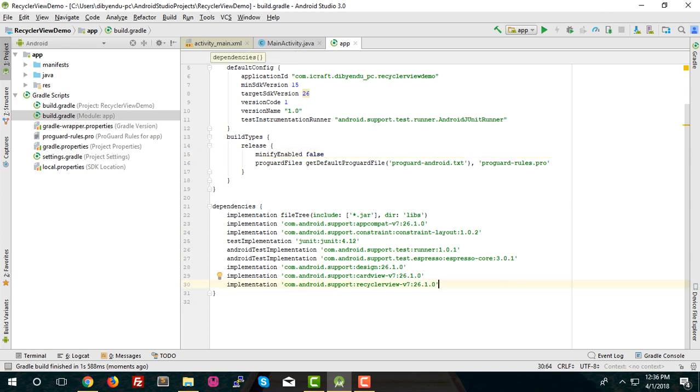So you can see the Gradle build is finished. So just start moving to our